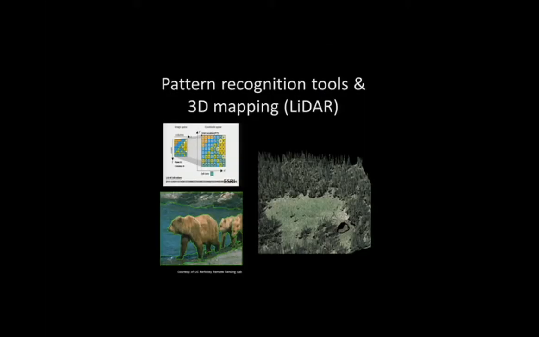So for the west side, essentially I combined 2 fairly new remote sensing tools. The first is pattern recognition, and it's very different than traditional remote sensing, which tends to use the color or the spectral signature of a pixel. Instead, pattern recognition tries to mimic the way that humans recognize patterns by including additional features such as context, shape, texture. I combine this with a 3D mapping tool, LiDAR, which allows us to see the environment in 3D and